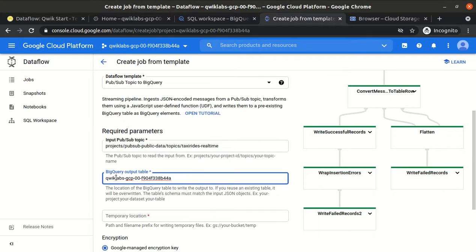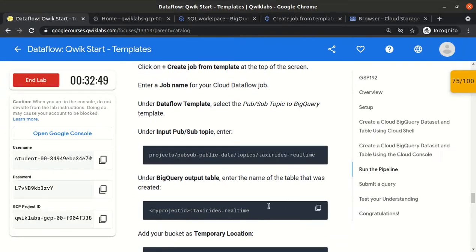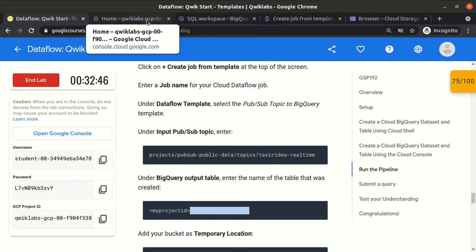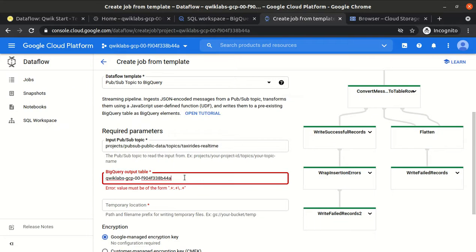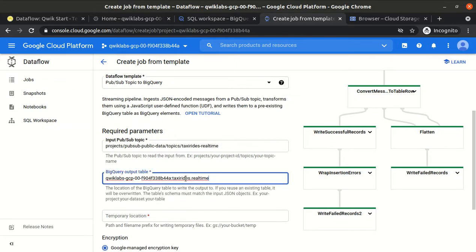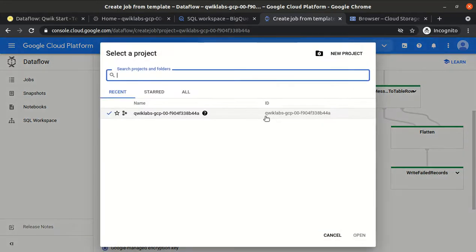So project ID, and then we need to give the data set name, colon, the data set is taxi ride, then dot, then the table name, that is real time. Then we need to use the temporary location. The temporary location should be gs, then the bucket name, and then temp. Our bucket name is our project ID.